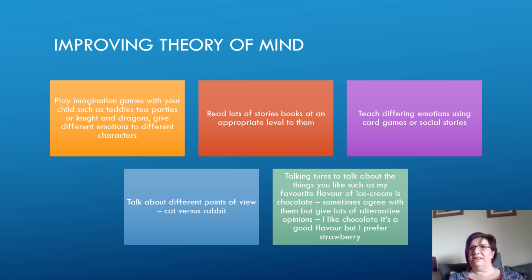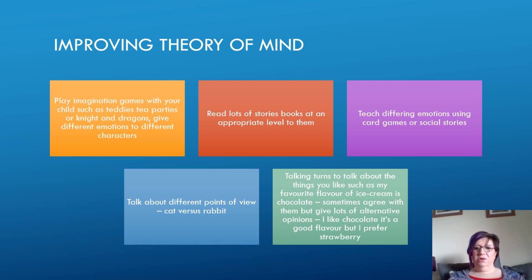So it could be a snap type game, or it could be a matching pictures type game. They can be really useful. But also we can use a lot of social stories. You know, we have training on social stories available at the Pines, and they can be invaluable for some children in backing up that bit of social information that they've completely missed and they've not picked it up naturally. We can underpin it and support that by writing a social story about what they need to do and how they need to do it.